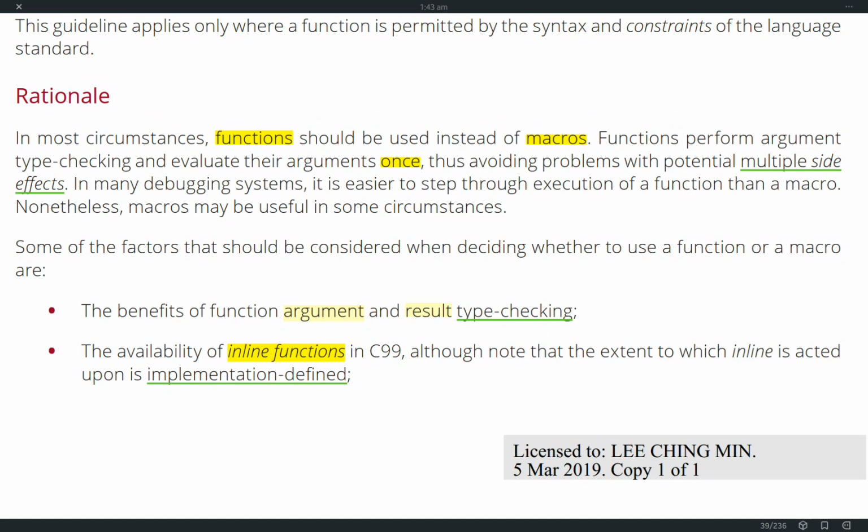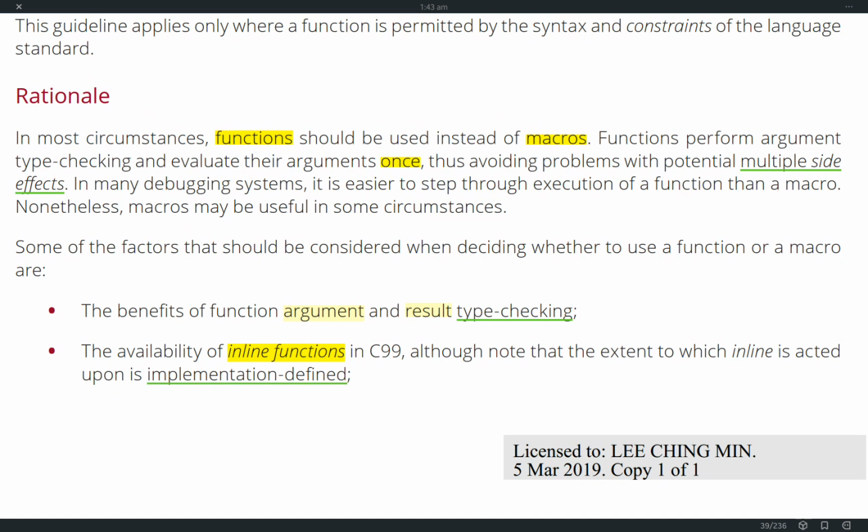Second, if you are using C99, the C programming variant, you will have inline functions. But take note that the inline keyword is only a suggestion by the programmer, and whether the function is inline or not depends on two factors.